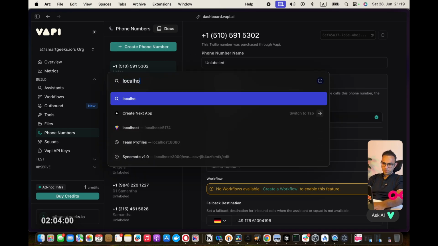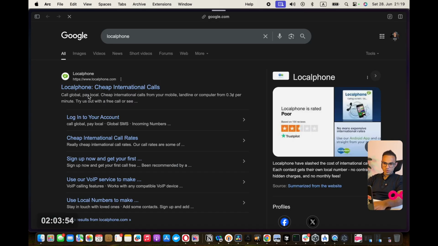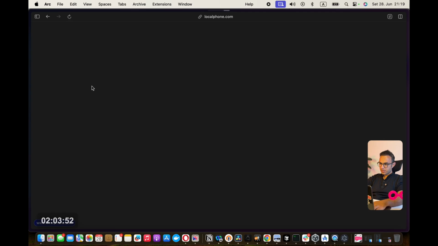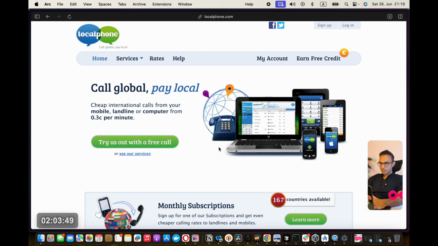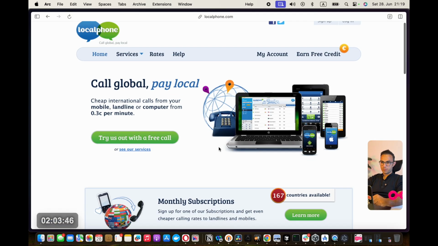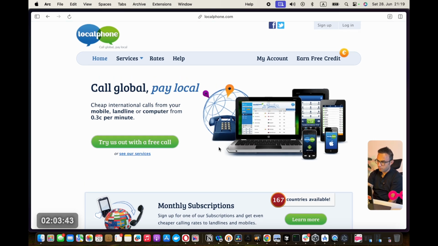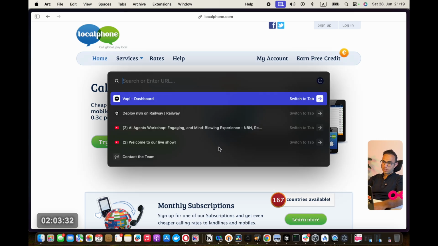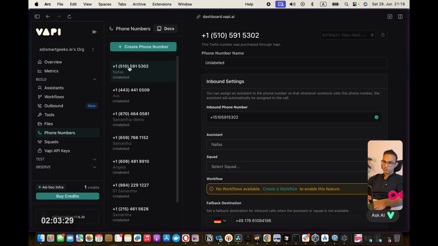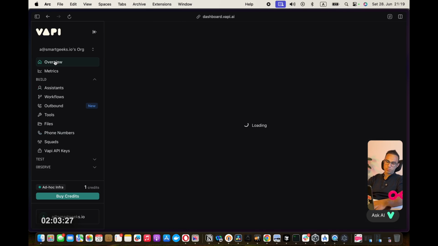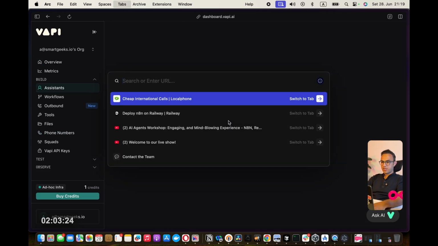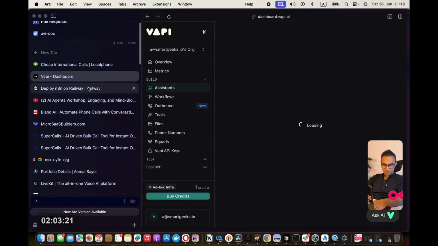But one of my participants, Michael, found this company called Local Phone, and these guys, at least it's the German solution that I'm talking about, provide a phone relay of 5 cents per minute, and I believe the same thing can be available for UAE. So you interface with these kinds of companies that relay your phone from your local phone number to Vapi. Anyways, let's go back to our track now.